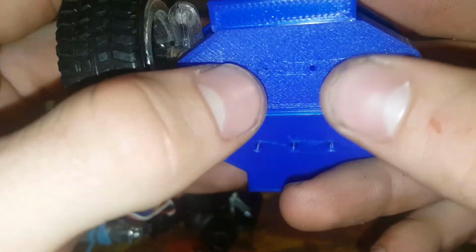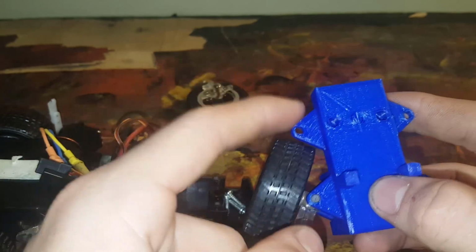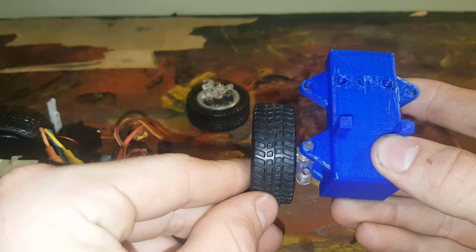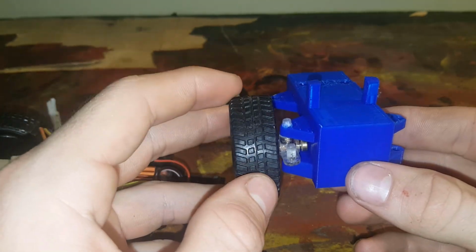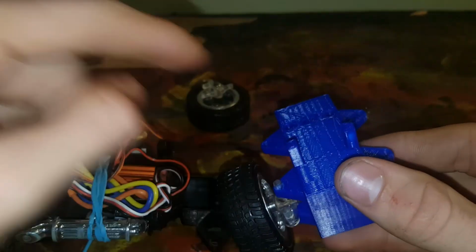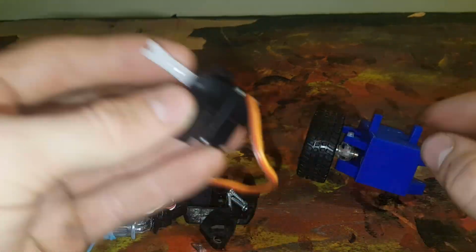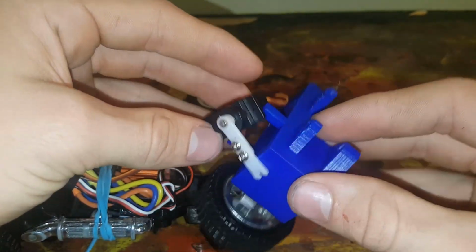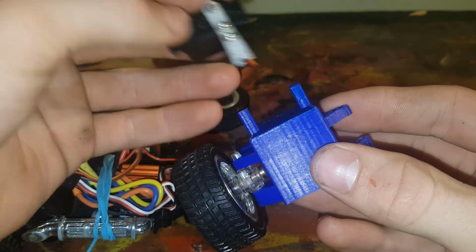There you go, close to perfect. Now looking at it, I can see that when turning it, it does lock onto here as well, so we're kind of taking a step backwards. And as you can see here, the servo, these little blocks right here were supposed to hold the servo. It was supposed to connect onto this, so the servo was supposed to fit right in between those two bad boys, but as you can see, hopefully,